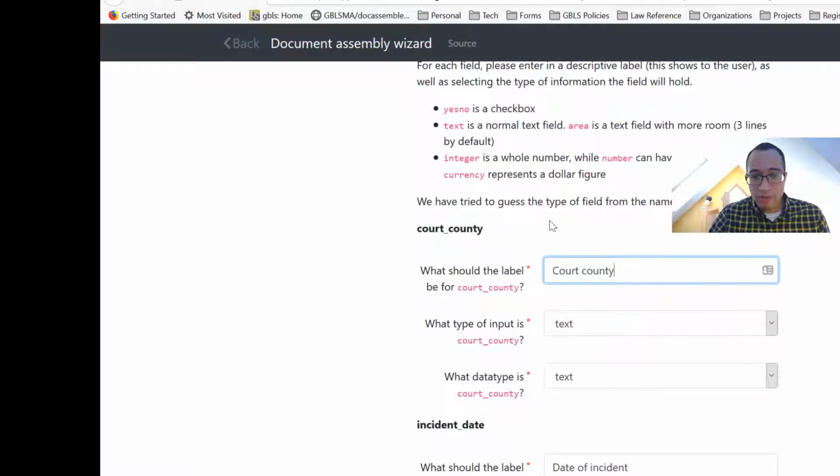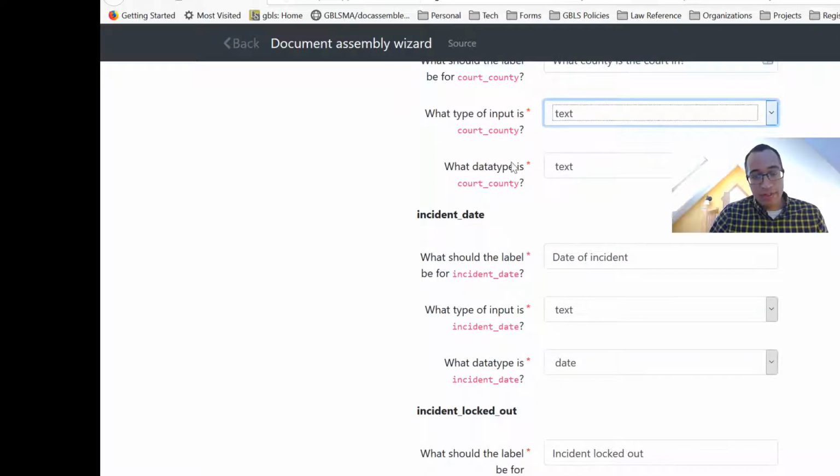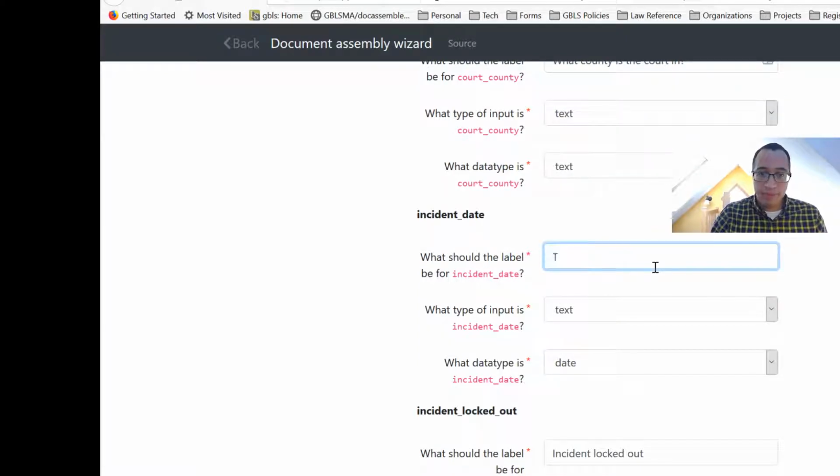We still have this Court County form field that we're not doing anything with yet. We'll just leave that as is, which is fine. We're going to have to do that manually. When your landlord, when did it happen? I think maybe